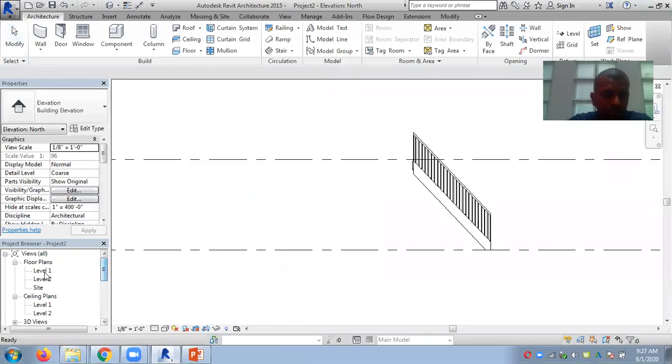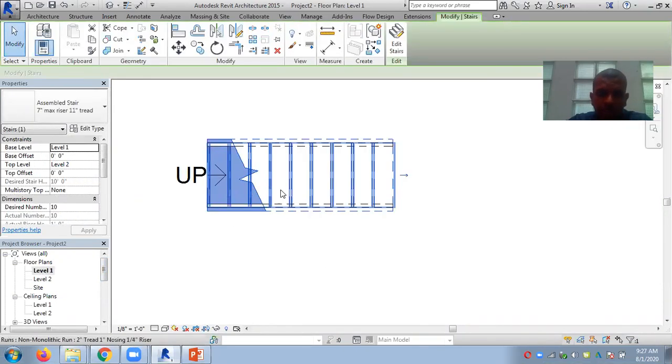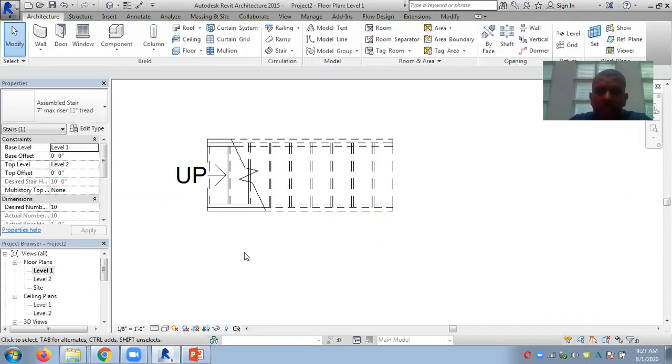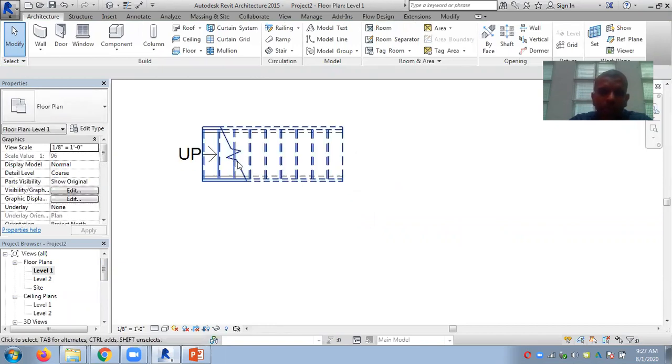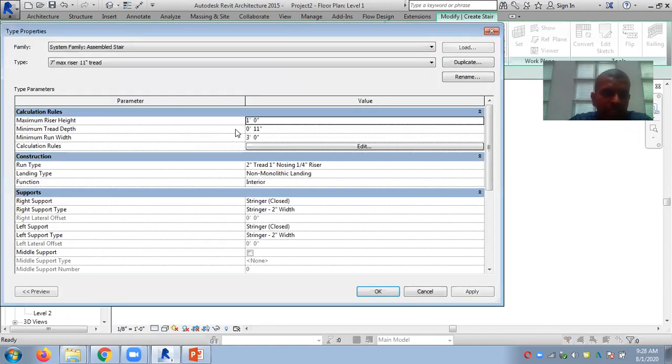Now if you look at the number of steps here, it's only 1, 2, 3, 4, 5, 6, 7, 8, 9. So from 9 steps, I can reach the top of the staircase. So if you have these kind of very sharp angles, what we can do is we can change the angle of the staircase. There is no tool to give something like a degree of angle in degrees. So we have to go here, and the easiest way of changing the staircase angle is giving this riser height.